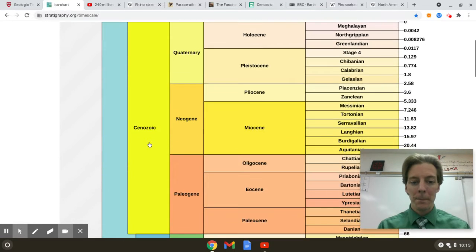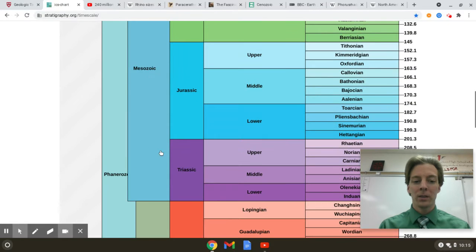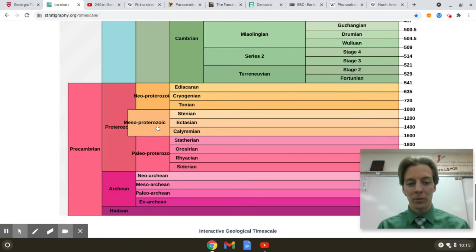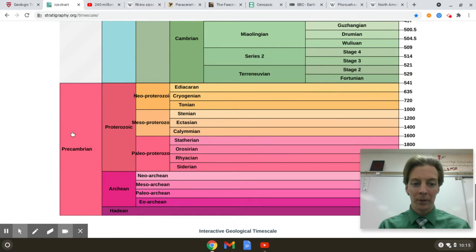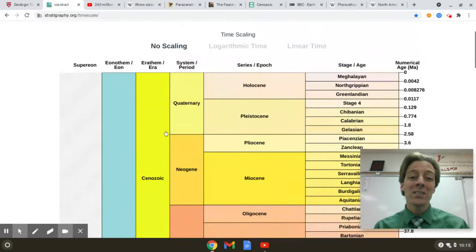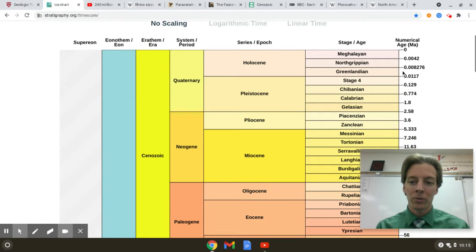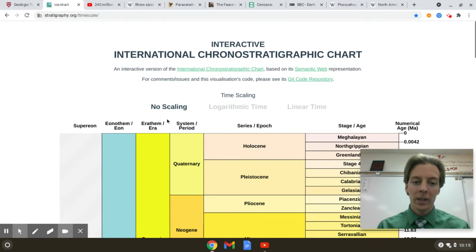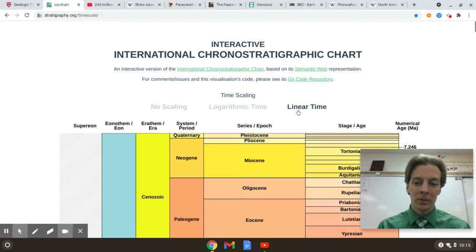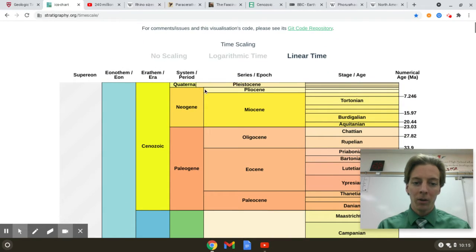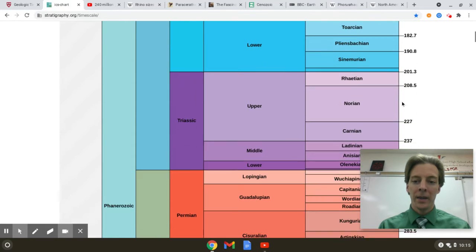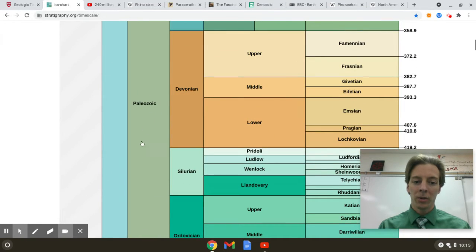All right. Mesozoic is Triassic, Jurassic, and Cretaceous. Before that, Paleozoic goes all the way back, and then Precambrian for all the rest. Be careful with your dates over here. This is a million years ago, 11 million, 15 million, 20 million, et cetera. If we put that into linear so that they're all the same step, all of this shrinks: 7 million, 20 million, right? 60 million. And then Paleozoic.